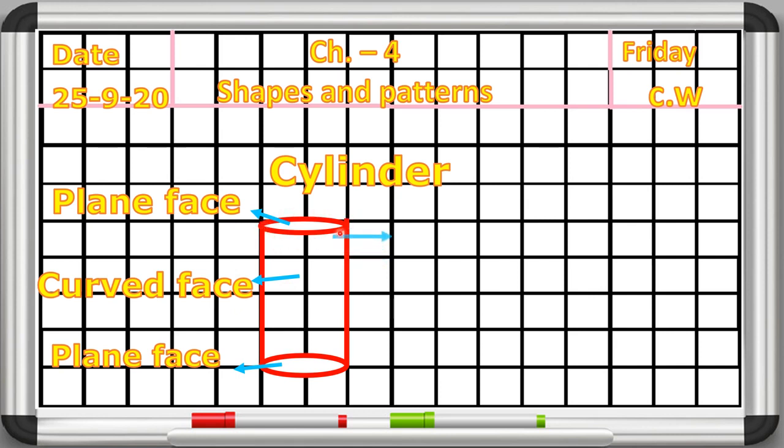Here we will write edge. This is the curved edge, beta. And again here at the bottom you can see this curved face and this plane face joined by this line. So this is again an edge. So here we will write edge. So how many edges does a cylinder shape have? That is 2. But there is no corner or vertex. Understood, beta?